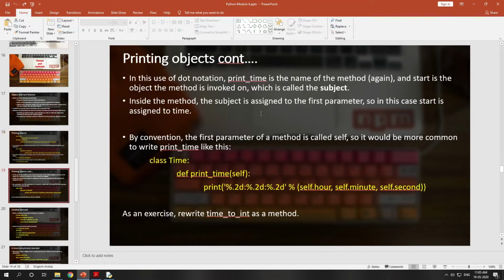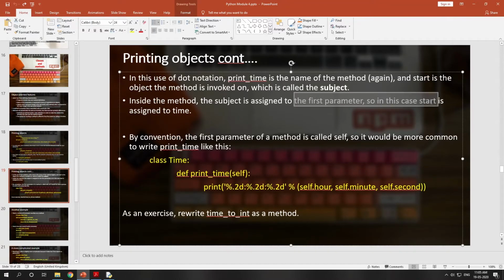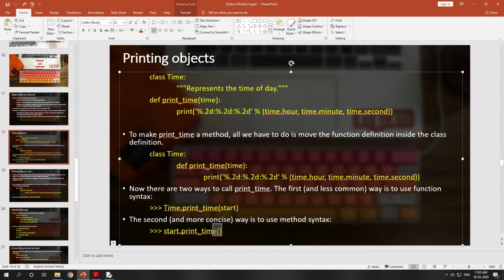Now inside the method, the subject is assigned to the first parameter. So in this case start is assigned to time. That's why you have not passed any parameter here. The object that you are calling on is passed as the first parameter to the method print time.